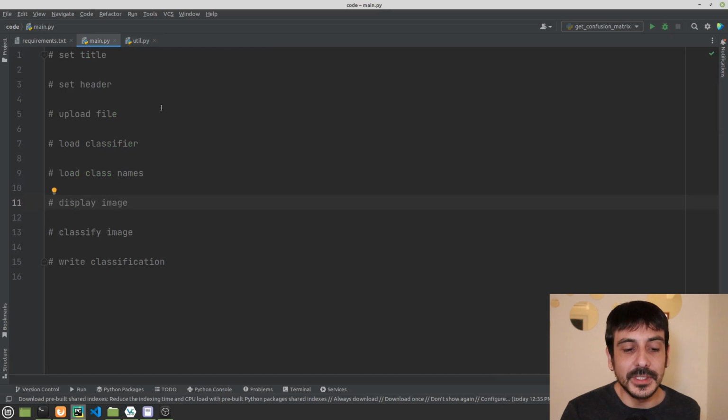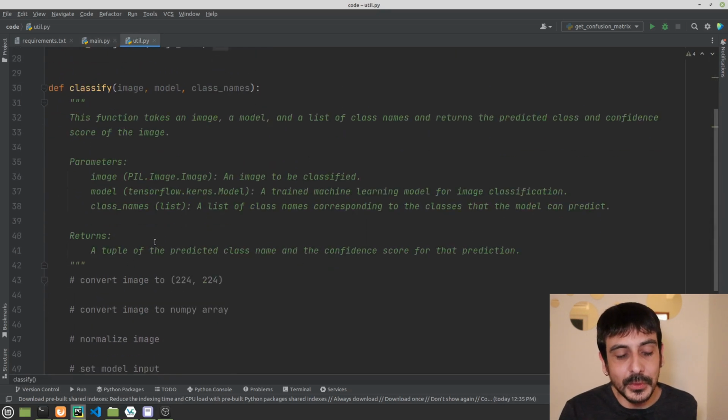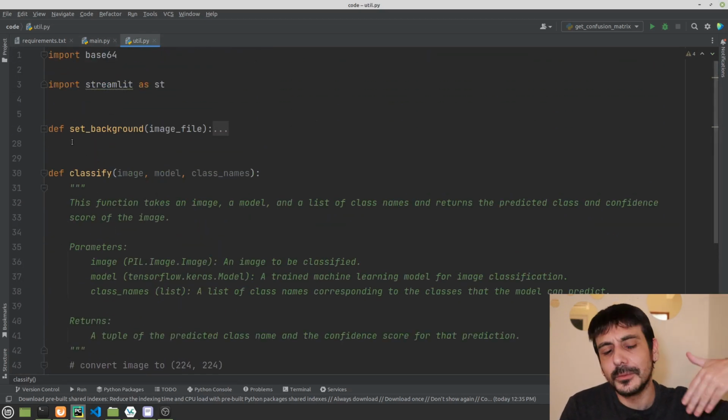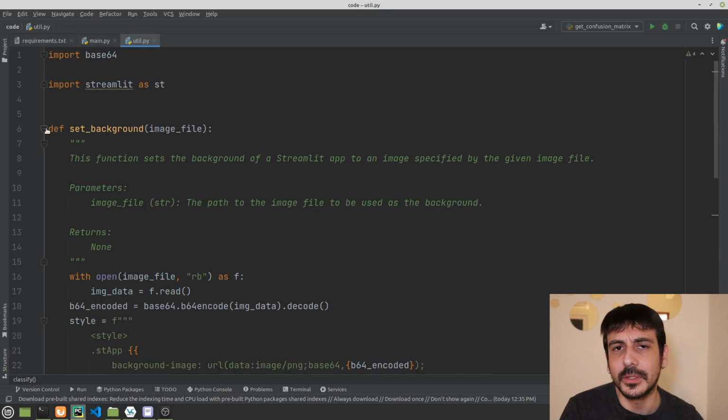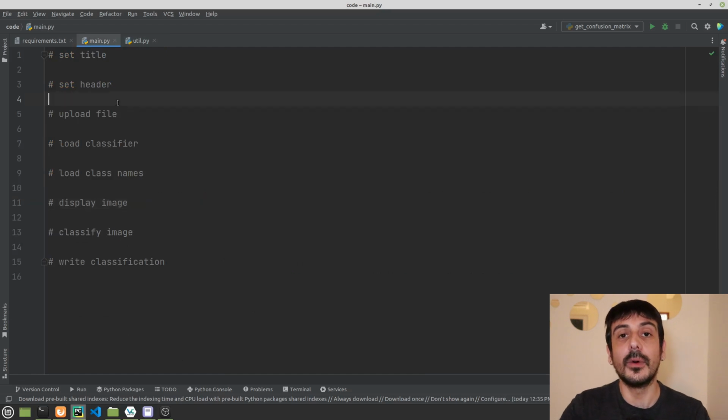We're going to start here with this process, and then we are going to classify an image. We're going to build the code for this classification, and then at the end we're just going to change the background, because that's going to be the least important of all the details we're going to be doing today. So that's exactly what we are going to cover on this tutorial, and now let's get started with the main.py file.